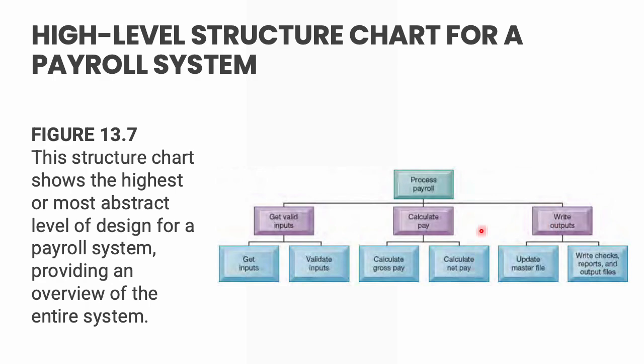Okay, and as you can see here, there are lines. This is to show how these modules call on each other and then pass the data back and forth. So this chart doesn't explain how the calculations are done, but it gives us a perfect overview of the entire system and how it's organized. It's the blueprint that programmers would follow to start building the system.